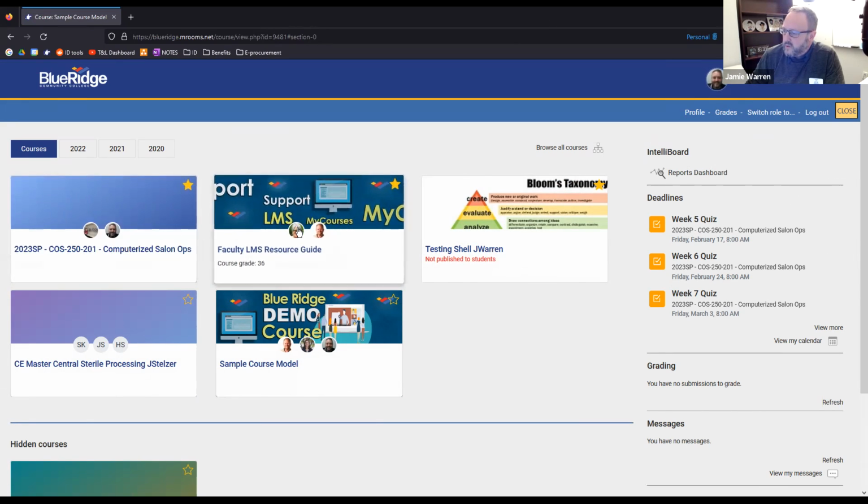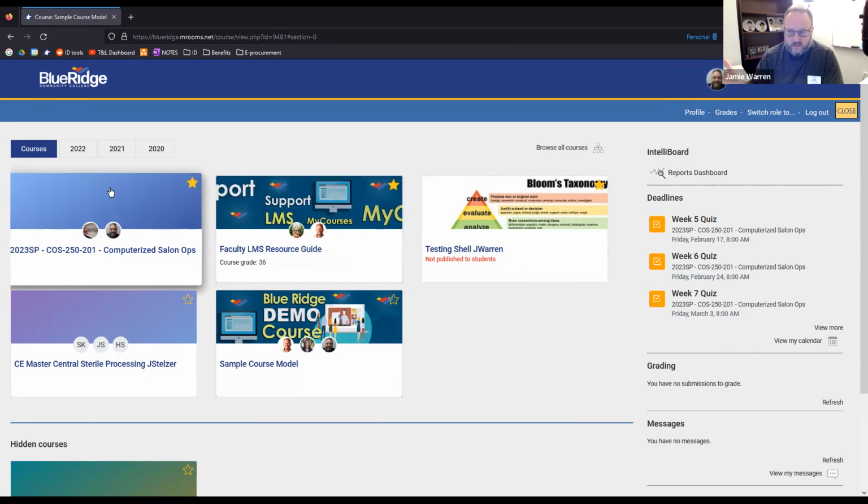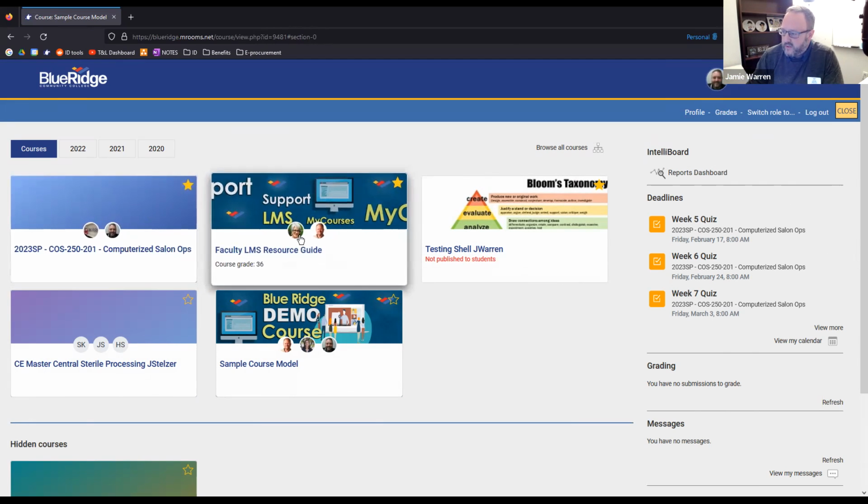So you see here, this course card, as I was saying earlier, is a direct link into your course. There's going to be a picture, generally just a blue gradient, but then there's going to be an instructor photo, the title of the course, and then the students will see their course grade in this. If you've set the assignments to have a due date and an open and close date, they can see their